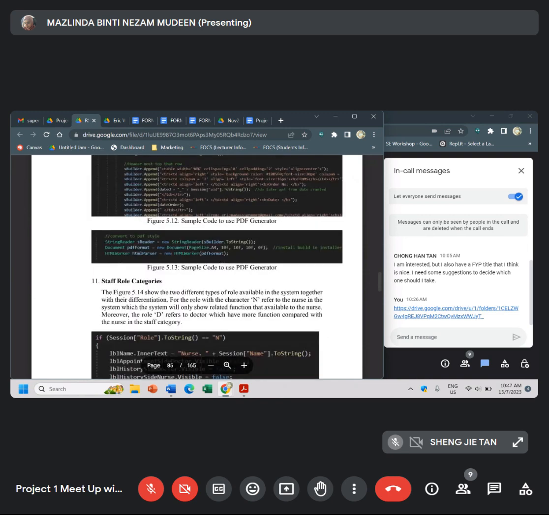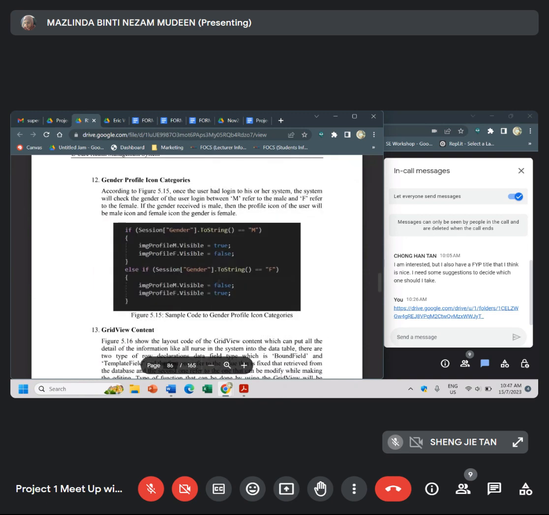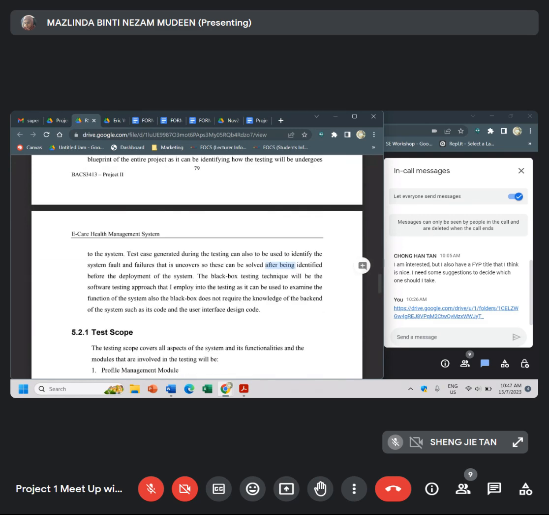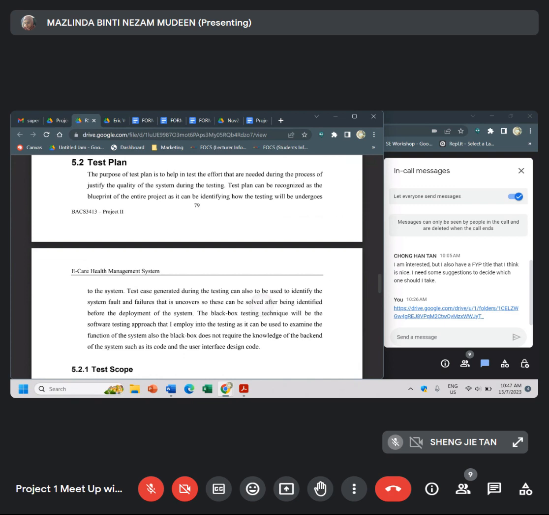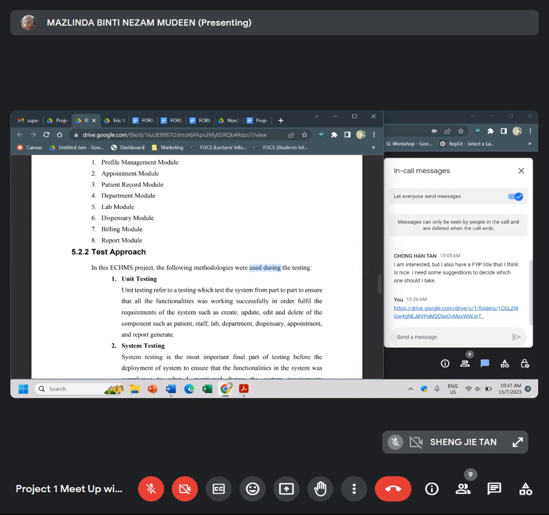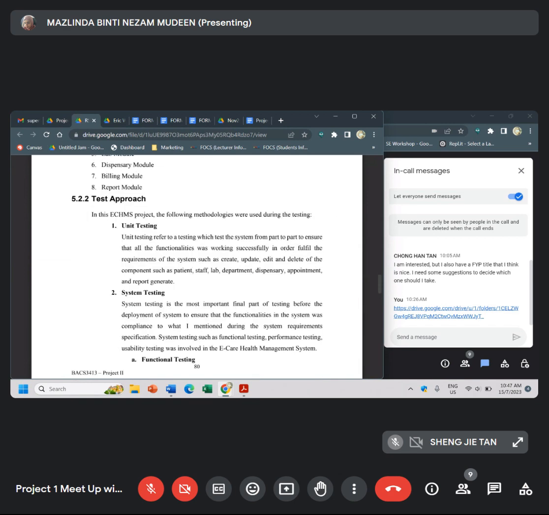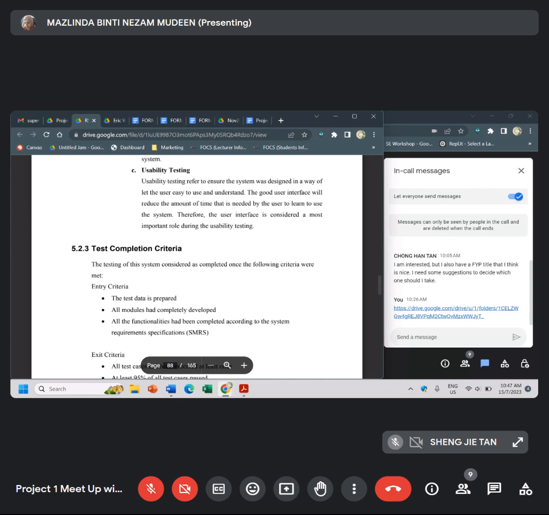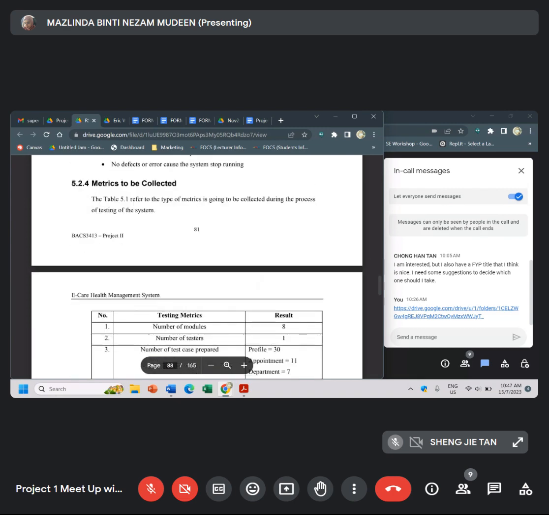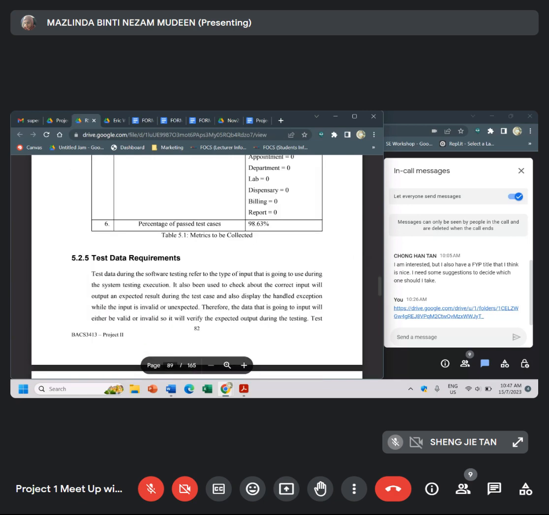Then after that, you will be planning for your testing. So you need to produce your test plan. Okay, what you want to test, you need to put a planning first. So that planning is your test plan. This one you will learn in your SQ80 course later. So what will be the scope you will cover? Then what will be the test approach you are using? Then these are the completion criteria. So this one all we will discuss in your SQ80 courses. So don't worry about that.